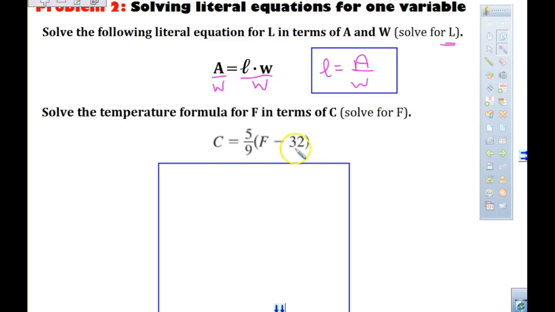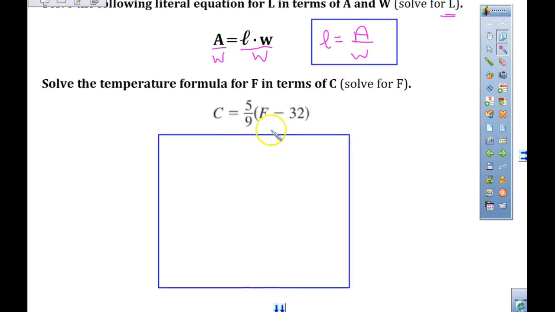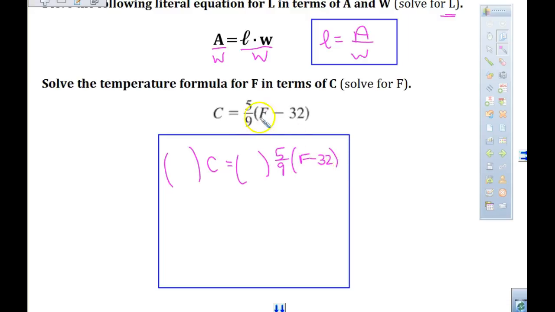Okay? This one is a little more involved, right? When I look at that fraction, 5/9 being times that parenthesis, that's the first thing I want to get rid of. So anytime we have fractions, we want to get rid of them. So what do I have to take times? So I have C on this side equals, what am I taking times that 5/9 to get a 1? Raise your hand. What are we looking at, Stacy? The reciprocal. The reciprocal of 5/9. So I want to multiply by